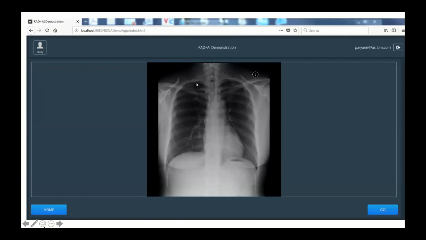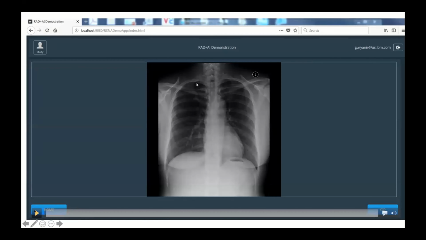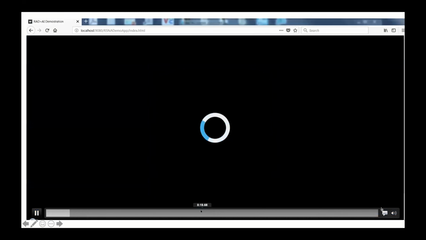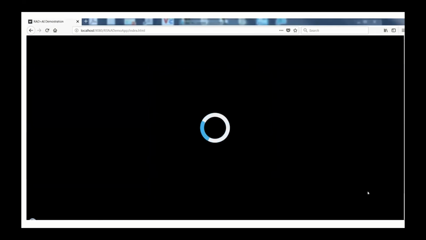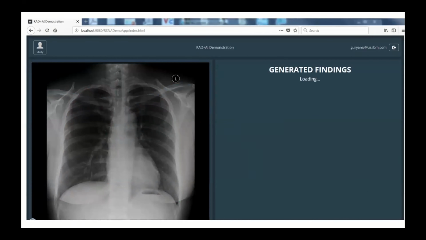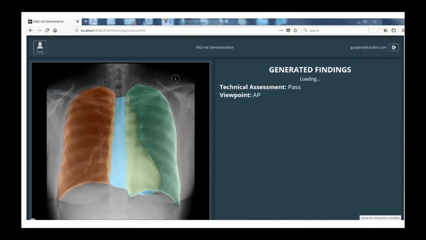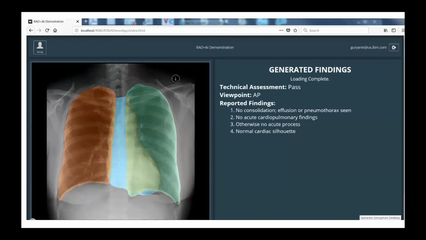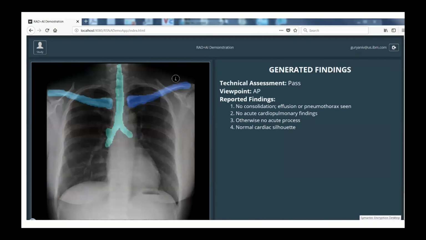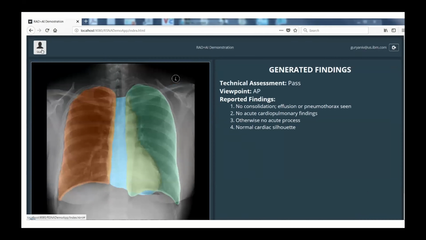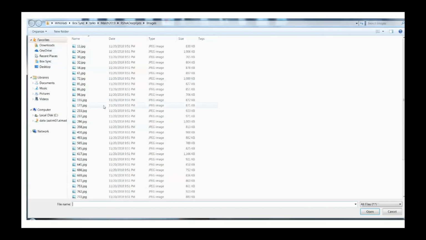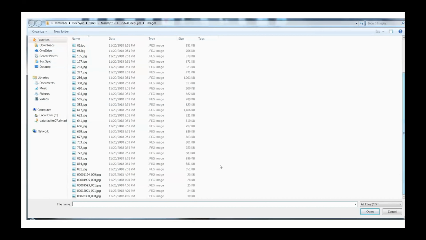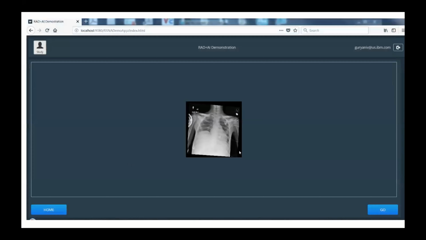So now let me just show you what we mean by doing a report. Given an image such as this, the system would go ahead, and this is a service that is running. You submit the image to this service. It analyzes the structures and then comes back with a finding report. And this is the capability we brought it to. You can just select any image from your PAC system, any study, just upload it to the service, and you would get back a full-scale report.